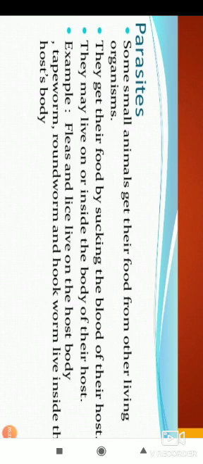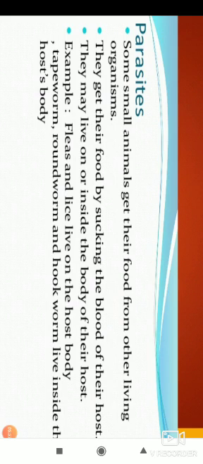In the same way, there are fleas in other animals, and tapeworm which is there inside our stomach is also a very good example of parasites. What do they do, children? They are very small animals, but they obtain nutrition from other living organisms. They depend on other living organisms. For example, fleas and lice